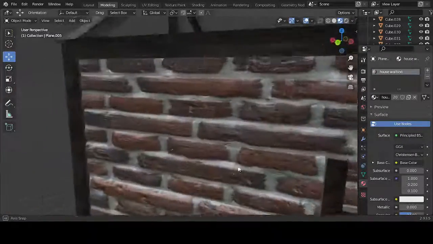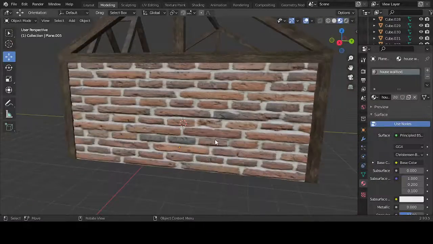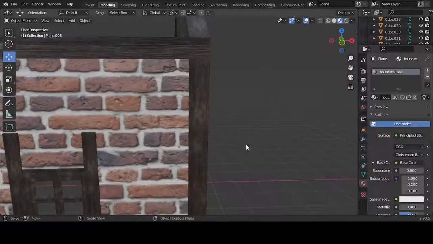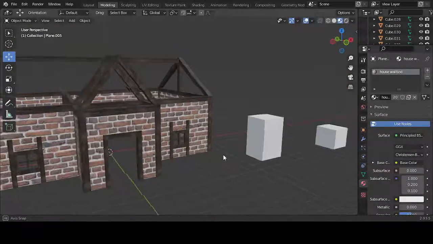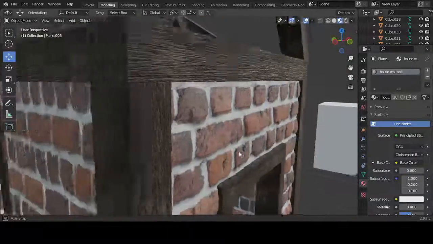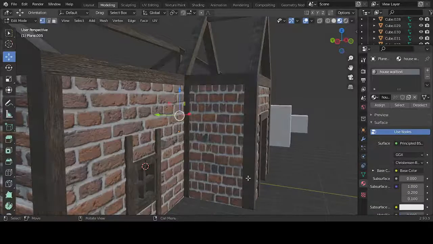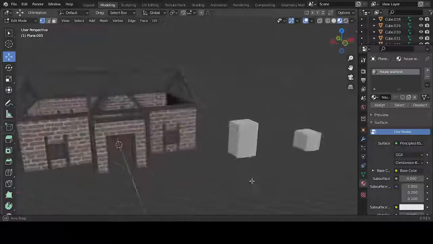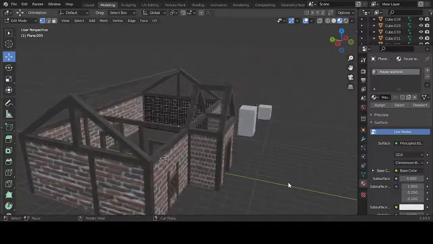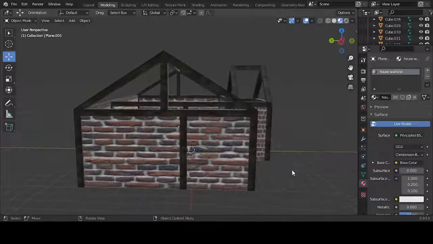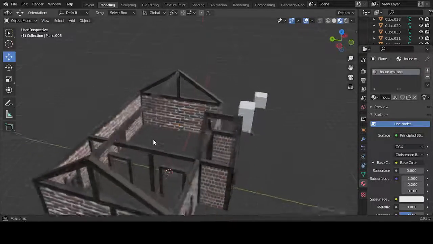Just so we don't get that cutting into the actual wood. So I think that looks a lot better now. It just brings that texture out just a little bit more. And that's looking really good. Now I can go ahead and